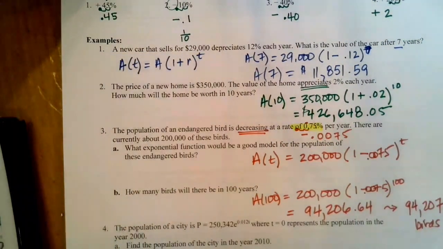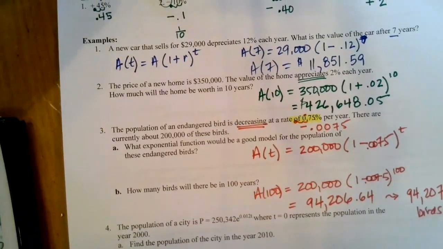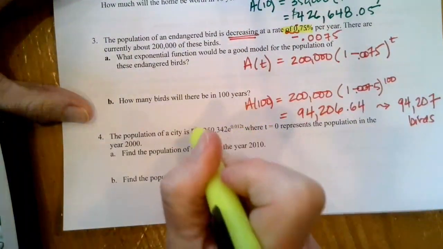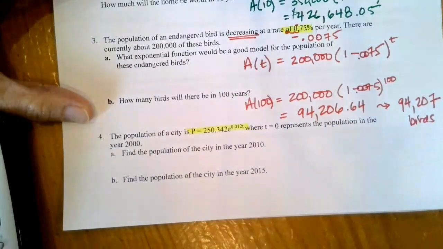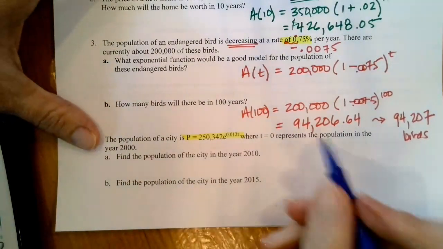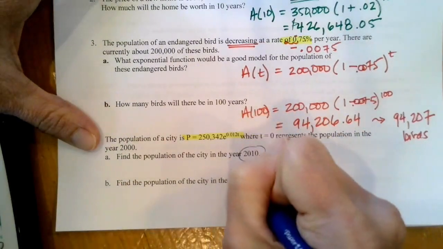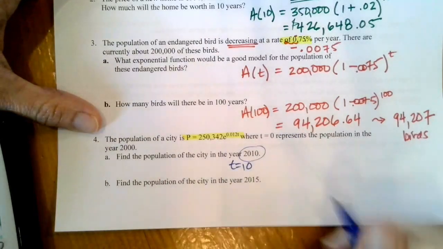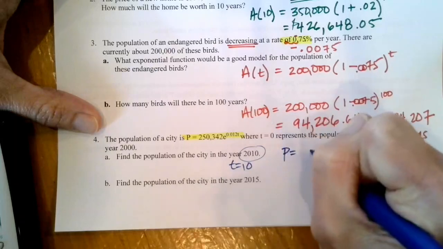All right. Our next one, the population of a city P is, here's this equation, where T is equal to 0, represents the population in year 2000. Find the population of the city in year 2010. So that means our T is going to equal 10. So my population is equal to